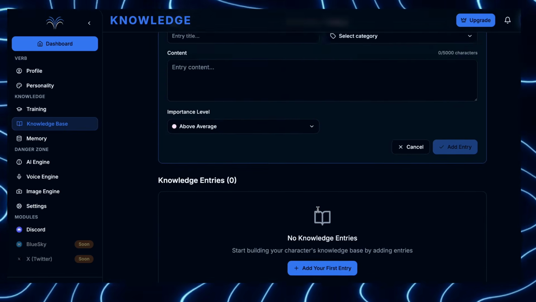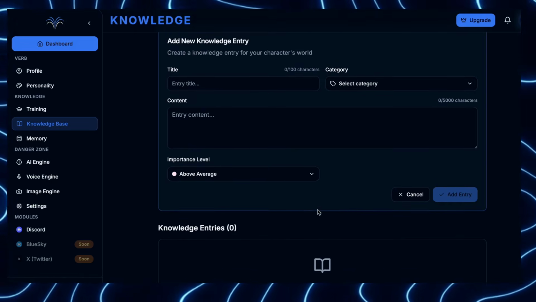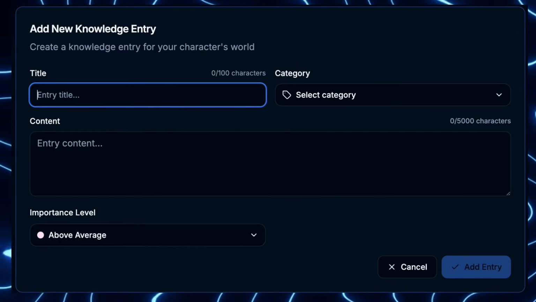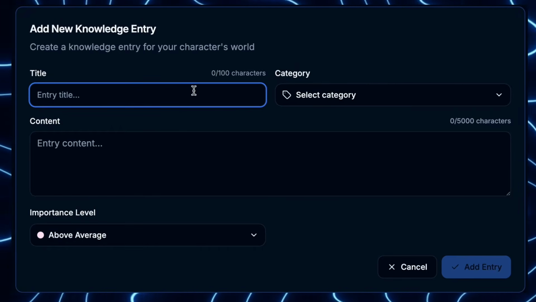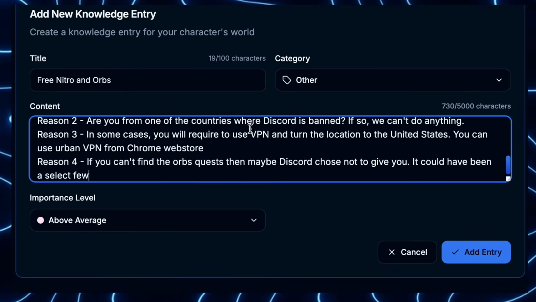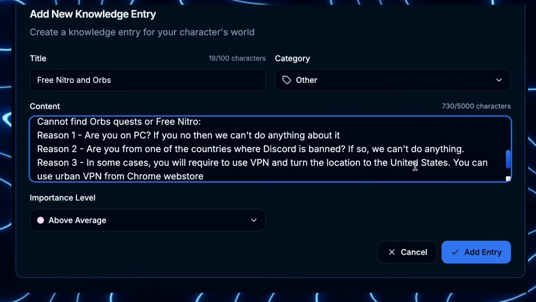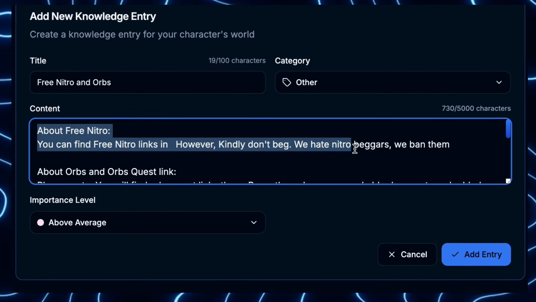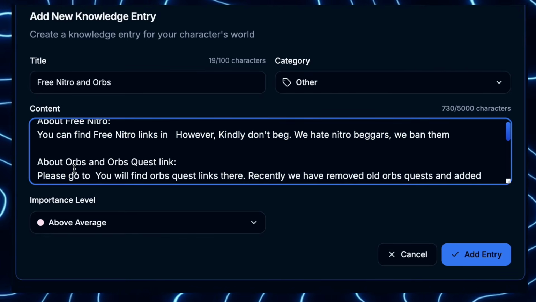Knowledge base is about learning new big concepts. If you didn't understand, it's okay. I will show you. I want the bot to learn everything about free Discord Nitro and Orbs culture of our server. So I will write the title first, which is Free Nitro and Orbs. In content, I have made a big response. You can see that if a person asks why they can't find Discord Orbs quests, the bot will provide the